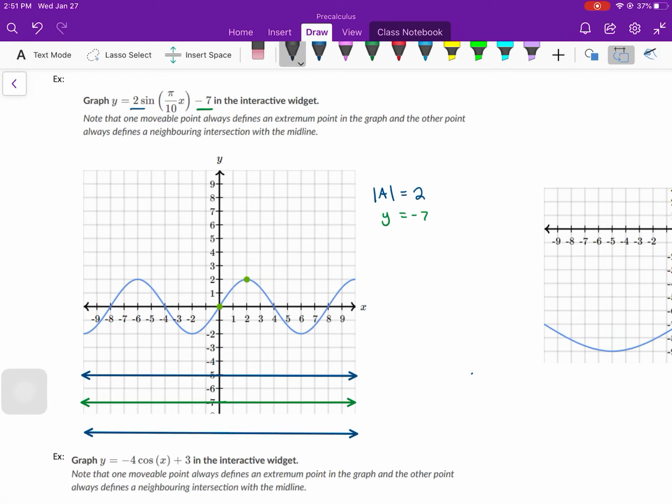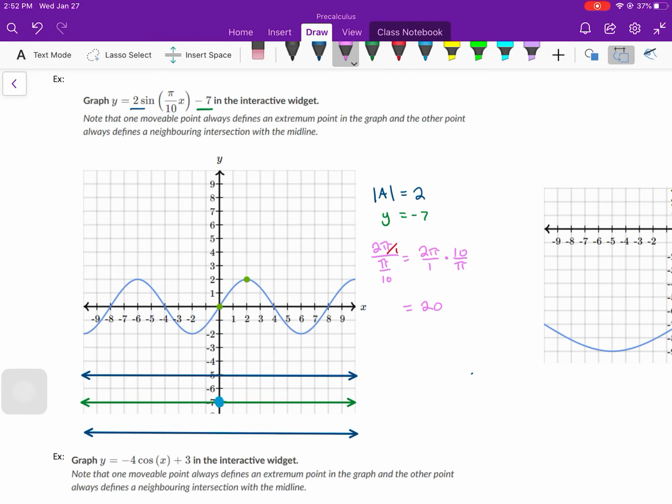Okay, so we're going to start. There's no phase shift. That's what's fortunate about this one. But we're going to start on the midline, because sine starts at 0, the starting point. Let's figure out our period. So our period is going to be 2 pi over b. All I did was change that 2 pi into a fraction there. And then that's going to equal